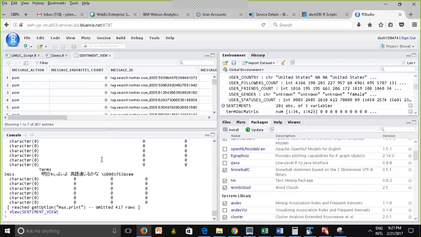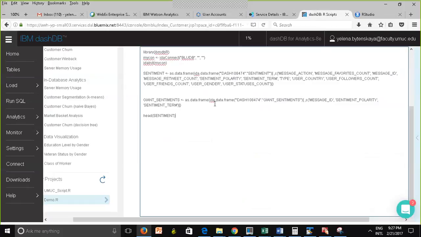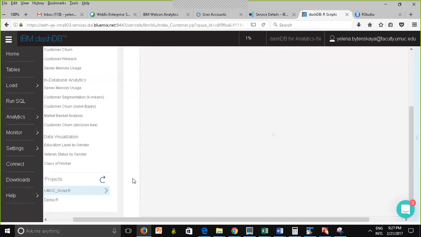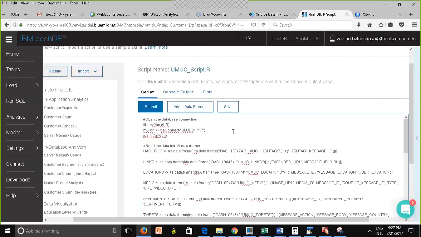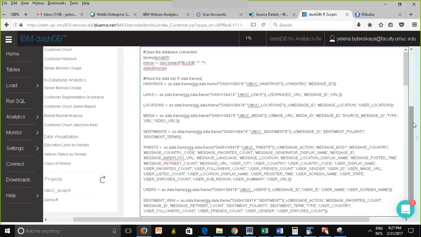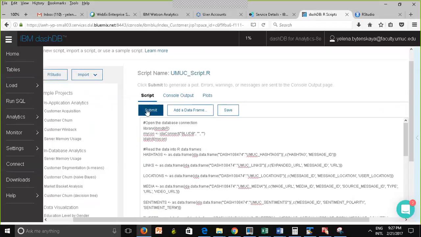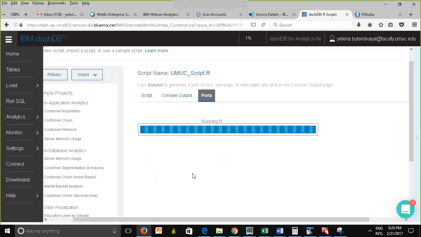So, yeah, and remember, anytime you make a change, you want to save it, right? If for some reason you are unable to open RStudio, well, things happen. As a backup plan, you can always run your code here, right? You can always run the script here. If you do that, there are some limitations. You cannot install packages while you're here. You have to be in RStudio. But to run the code here, you have to click submit, and it's going to run everything, the whole file.